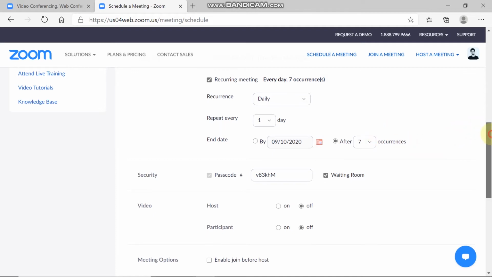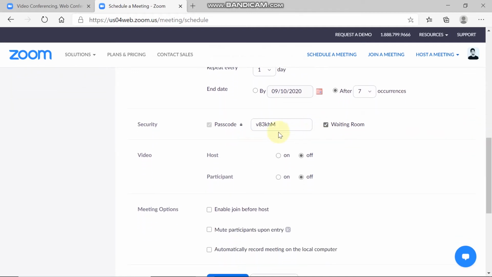And when you scroll down, you will find your passcode for the meeting which you are generating, or do you want to enable waiting room? This waiting room enables you to admit only participants who request you. I mean, when you are in a meet, if there are participants with your meeting ID and link or password, when they click on ask to join, you will be prompted with a message that so and so person is asking to join the meet, and only when you allow, they will be allowed into the meet.